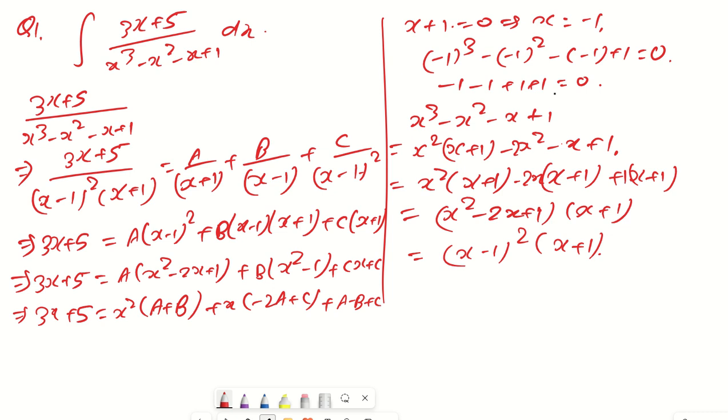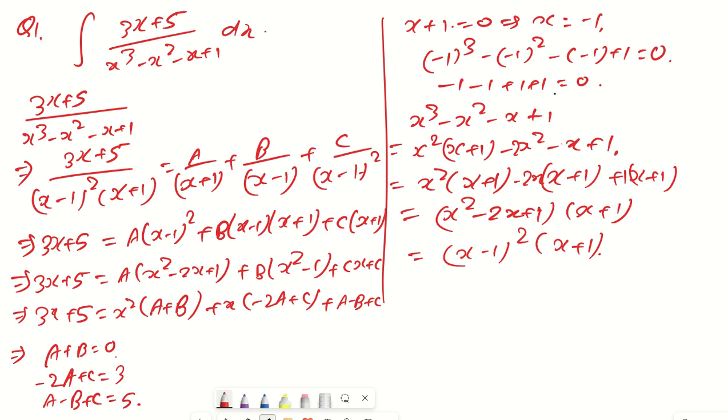Now if we equate both sides, by equating, what are we going to get? A plus b is equal to 0, because there is no x square on the left side. So a plus b is 0, that is one equation. Another equation is minus 2a plus c is equal to 3, and a minus b plus c is equal to